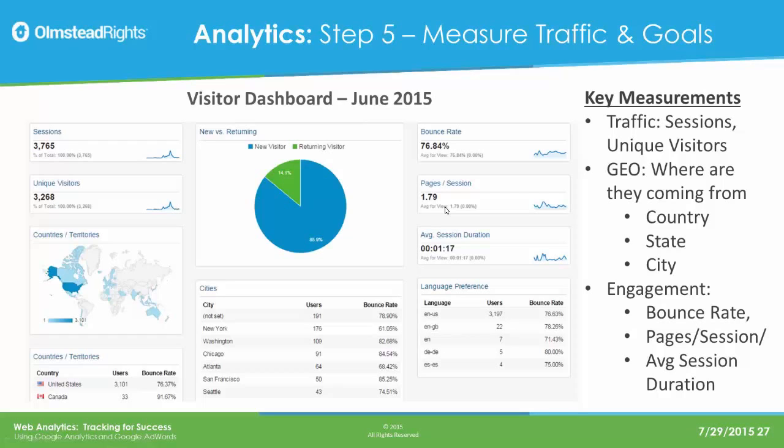What's interesting is when you look at what we call non-bounce visitors, those 24% or 23% that didn't bounce, you're going to see that their engagement rate was significantly higher, and those are the people that you really care about and you want to navigate your site around.